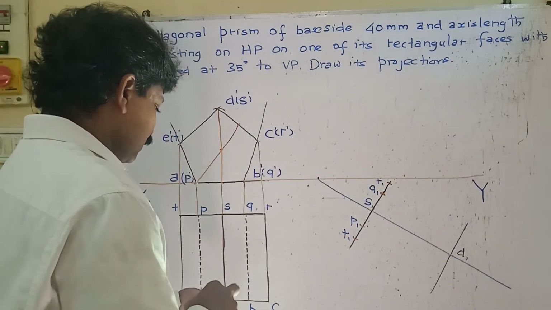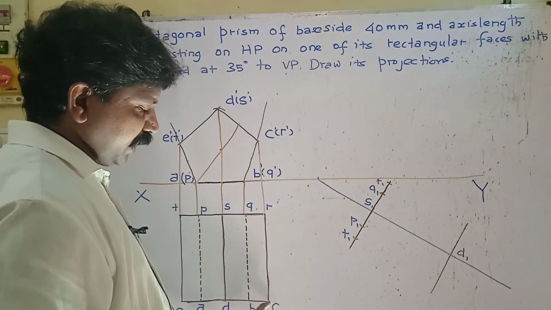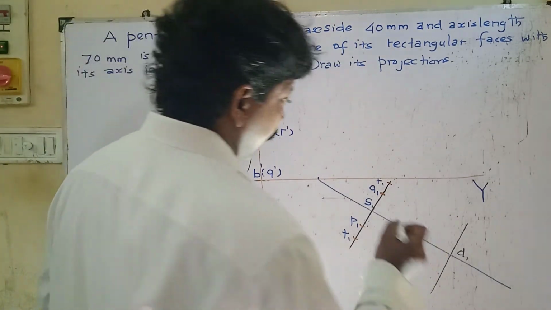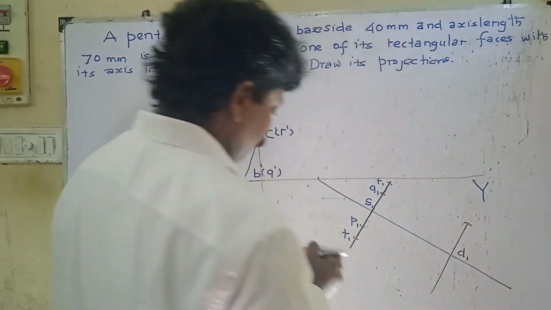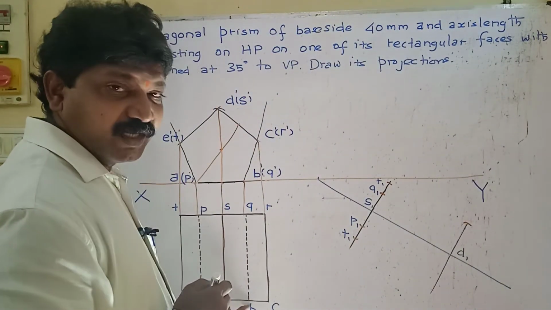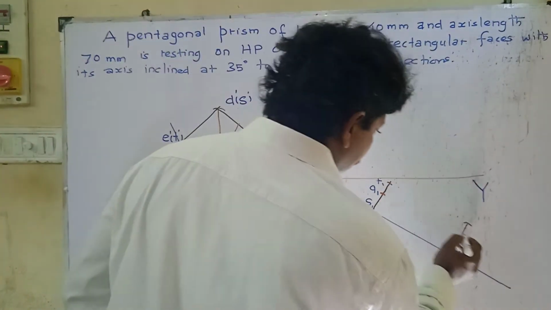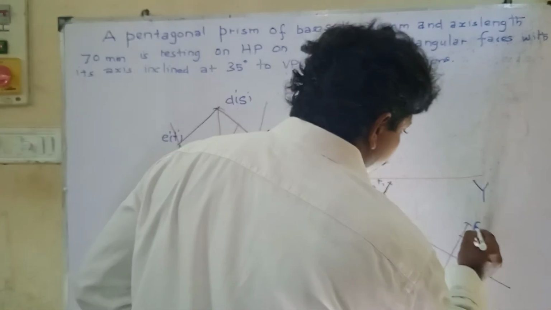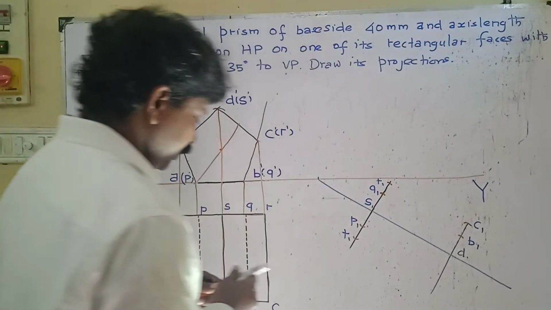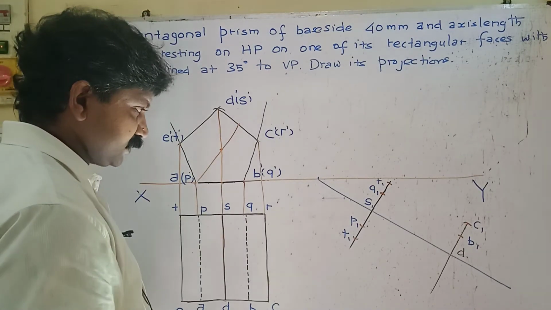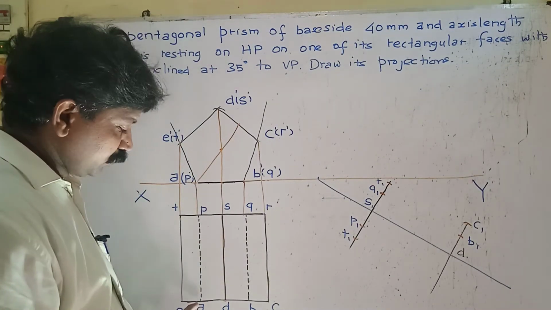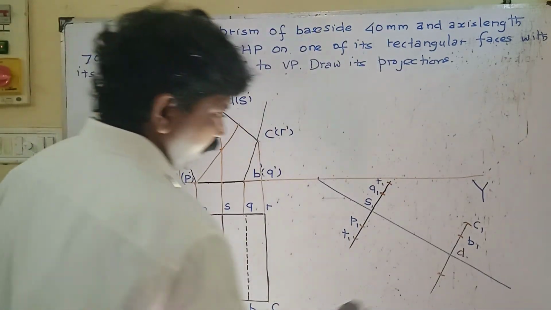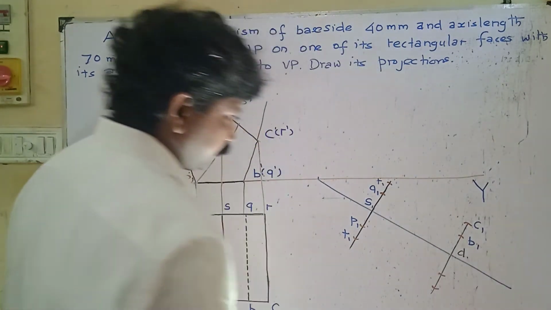Next, second, D center, C radius, draw the arc, mark the point C1. And then D center, B radius, draw the arc, mark the point B1. And the next, DA as radius, from D to A, draw the arc, mark the point A1. And then E as radius, draw the arc, mark the point E1.